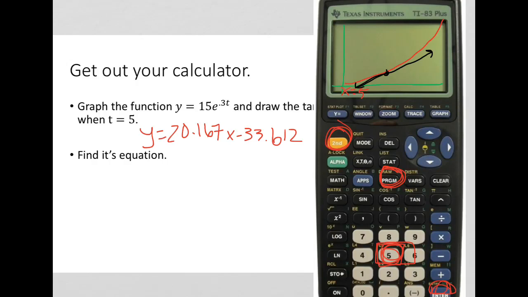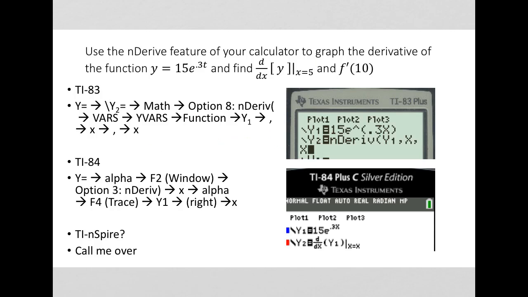So if you do all that, you should get the equation y equals 20.167x minus 33.612, and it'll draw that tangent line in there. But now I want to show you a new feature of your calculator. This is the n-deriv feature of your calculator to graph the derivative of a function. So we want to graph the derivative of this function y, so y prime, aka dy over dx,